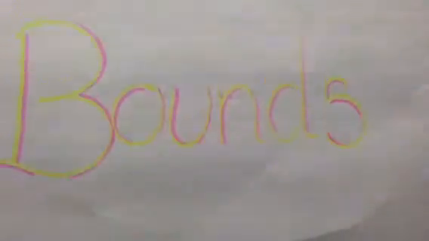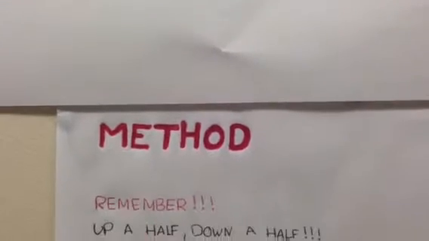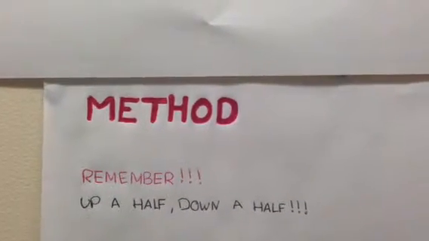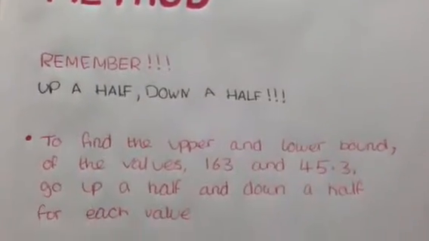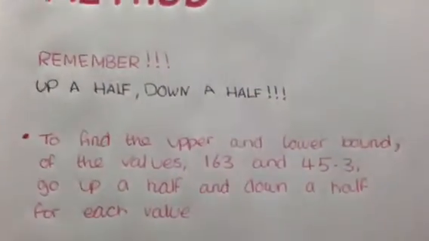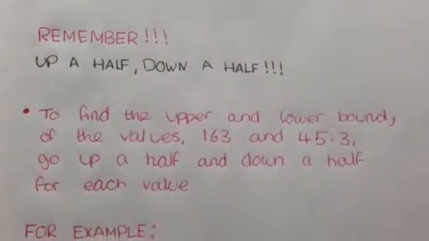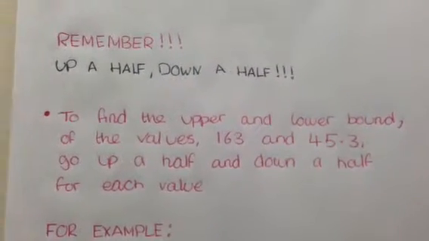To begin with, we are going to be talking about bounds. I'm now going to show you the method for bounds. The main thing you need to remember is upper half, downer half. To find the upper and lower bounds for the values 163 and 45.3, go upper half and downer half for